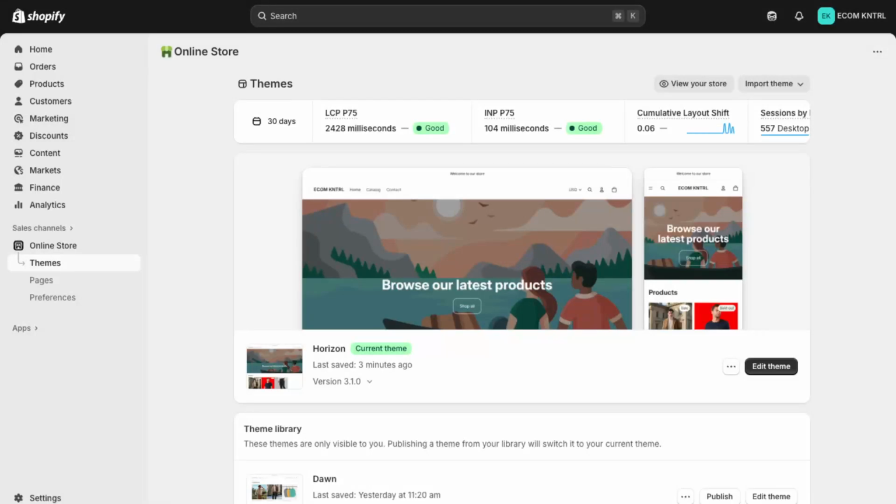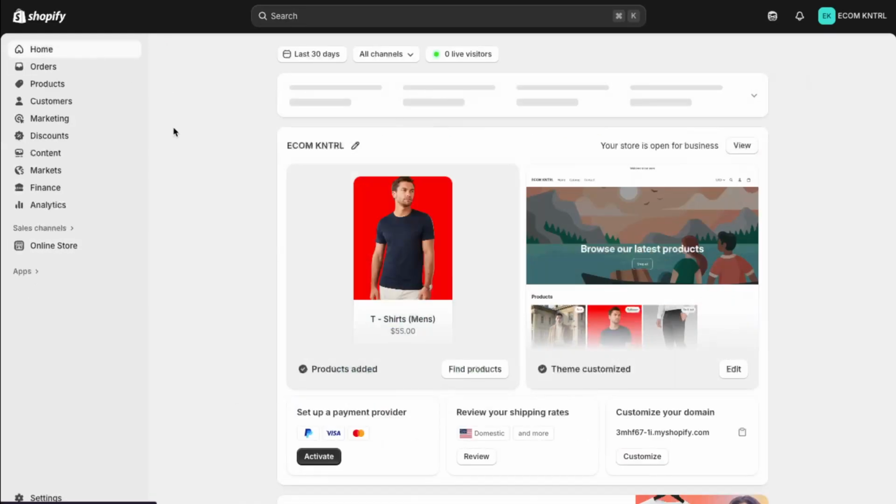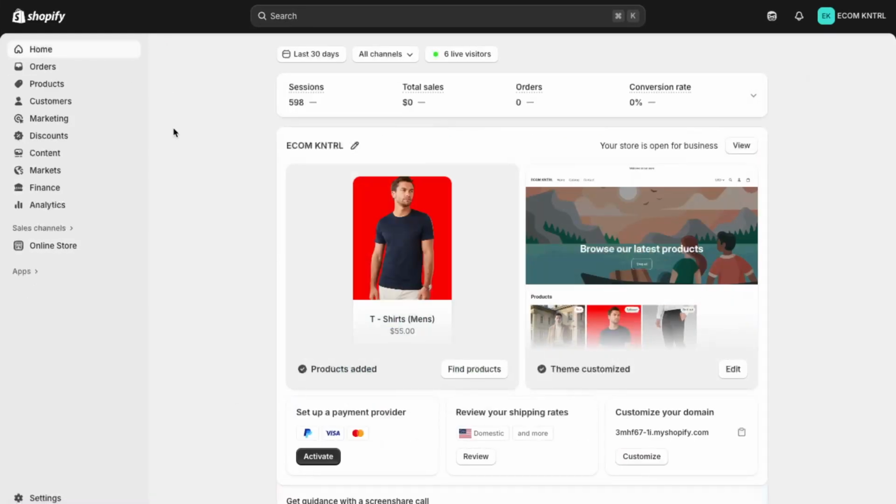In today's video, I'm going to teach you how to add a favicon to the Shopify Horizon theme. A favicon is that tiny icon you see in the browser tab next to your site title. It helps your store look professional and makes it easier for visitors to recognize your brand among many open tabs. In this tutorial, I'll walk you through how to set it up step by step inside your Shopify admin using